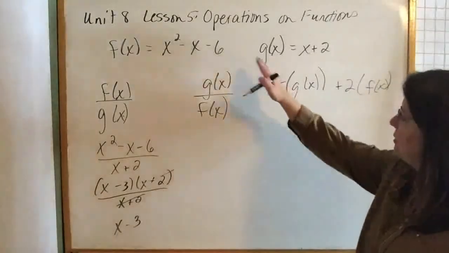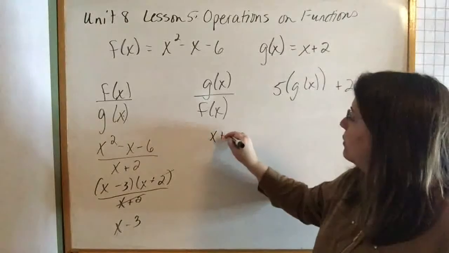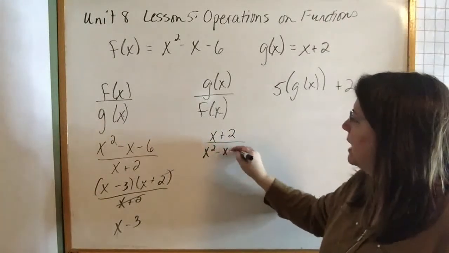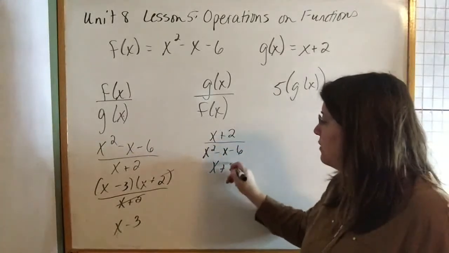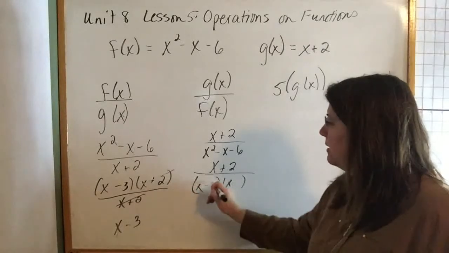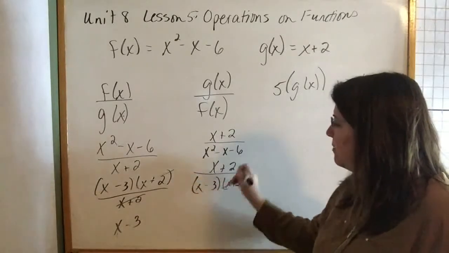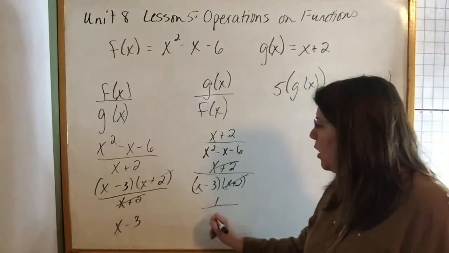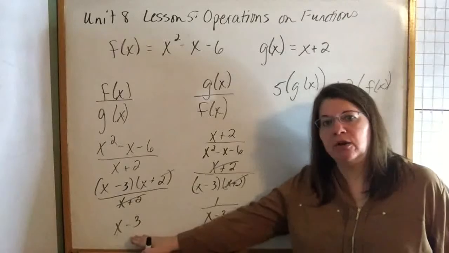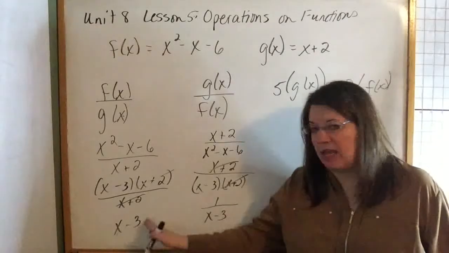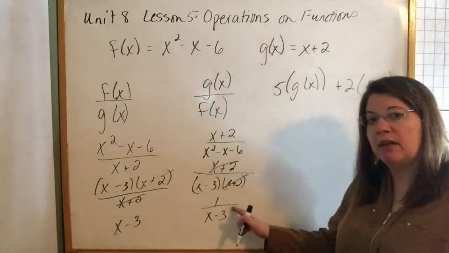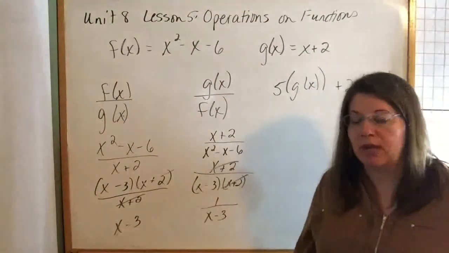For the next one, g of x over f of x, this time it's backwards. The g of x is on the numerator and the f of x is on the denominator. My factoring here is still the same. I should still simplify. The x plus 2 still cancels out, leaving me with a 1 over x minus 3. You do not need the 1 here because it would be on the denominator, and that's just the same as having the x minus 3 on top. Here you do need the 1 because everything in the numerator had canceled out, so you do need the 1